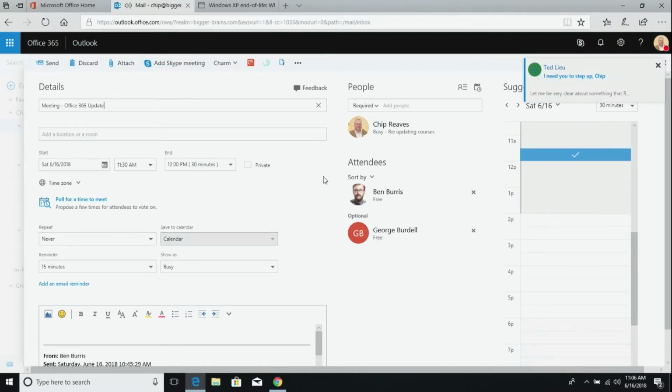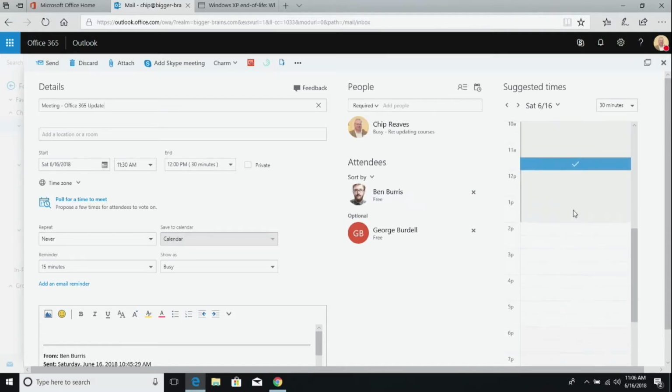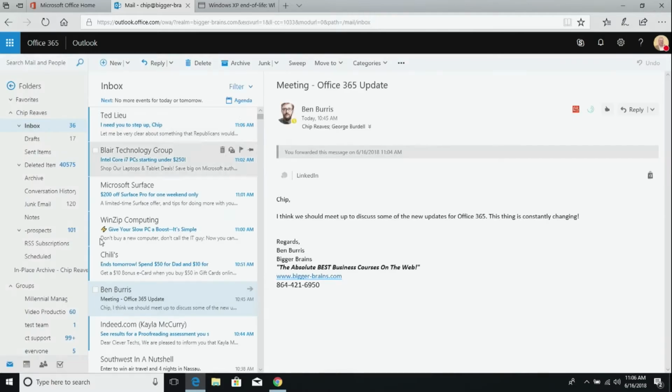This is going to go on my Outlook calendar. We'll talk about that some more a little bit later. I can choose the location, and I can choose the date and time. If they are people within my organization, I'll see the times that they're available based on their calendars. It's telling me right now that for this particular time, you're both free. And then I can choose send, and that'll put it on my calendar